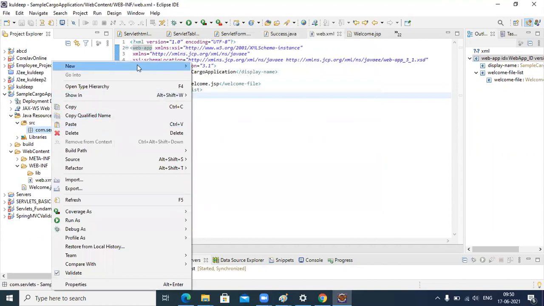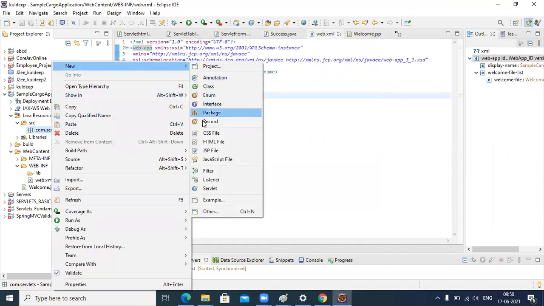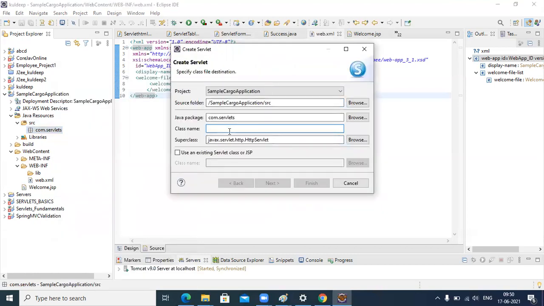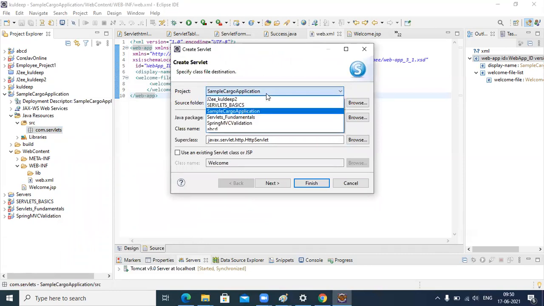Now let me right click on this and say new servlet. Okay, let us take WelcomeServlet. If you see, this is the project sample cargo application source folder, and this is your package.